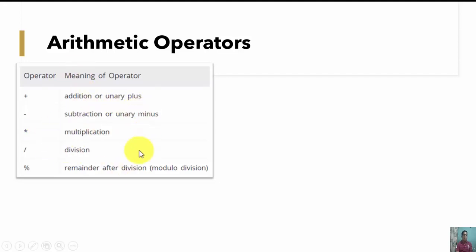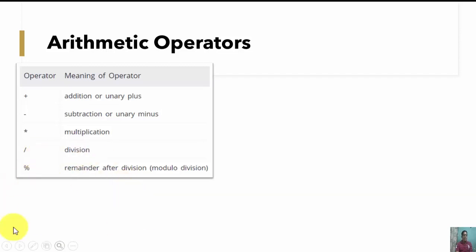The third one is the multiplication operator, used for the multiplication of numbers. The next is the division operator, used to perform division of numbers, and the last one is modulo division, that is the modulus sign, which is again used to perform a division operation.